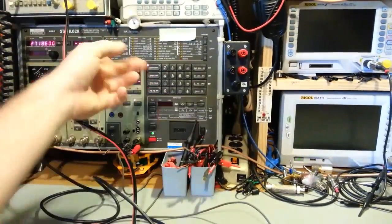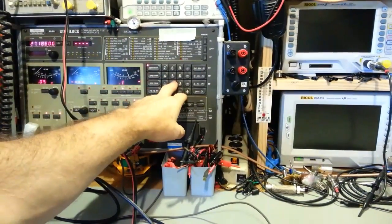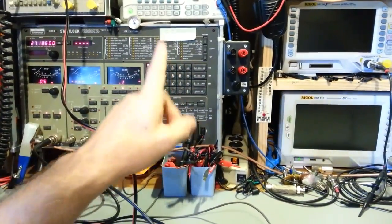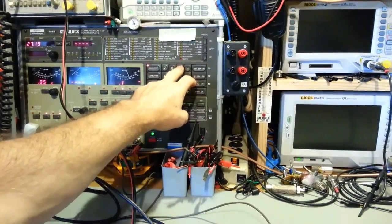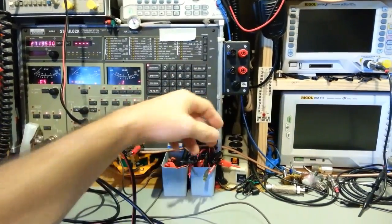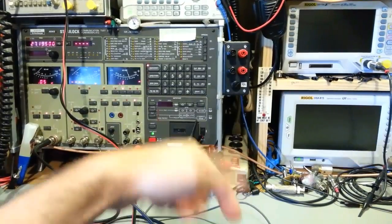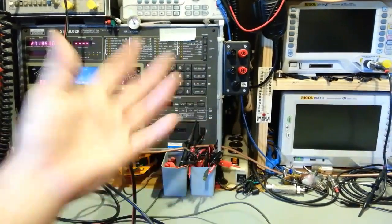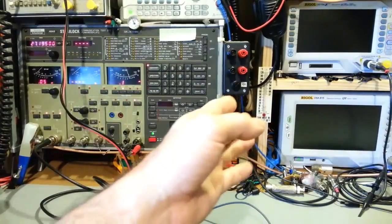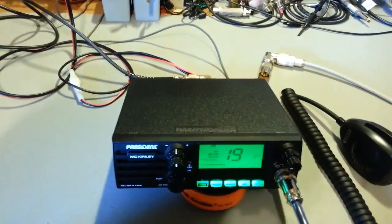Your signal generator doesn't need to be on channel, but one channel off. So let's say 27.195. Now that's not actually a CB channel, but there's a missing channel after channel 19, because channel 20 is 27.205. So we'll just go 10 kilohertz up from channel 19. Okay, now if I turn the volume up,